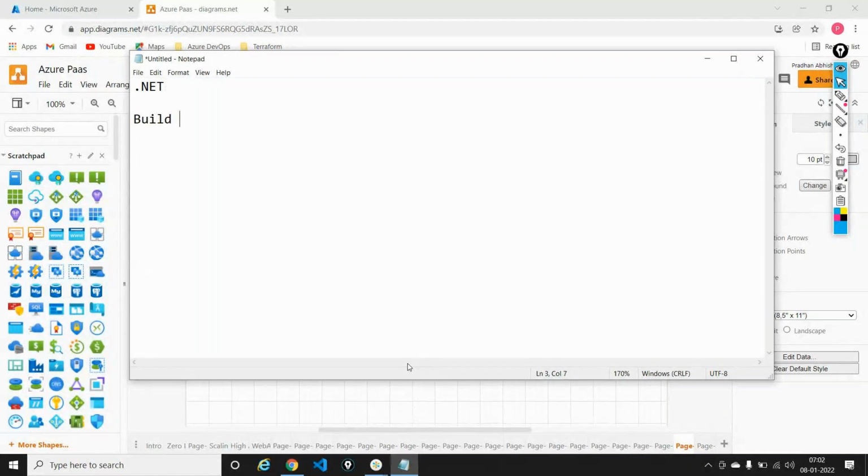If I'm saying build, I'm just converting the code from a high level language, which is human readable, to a binary language, which is machine readable.